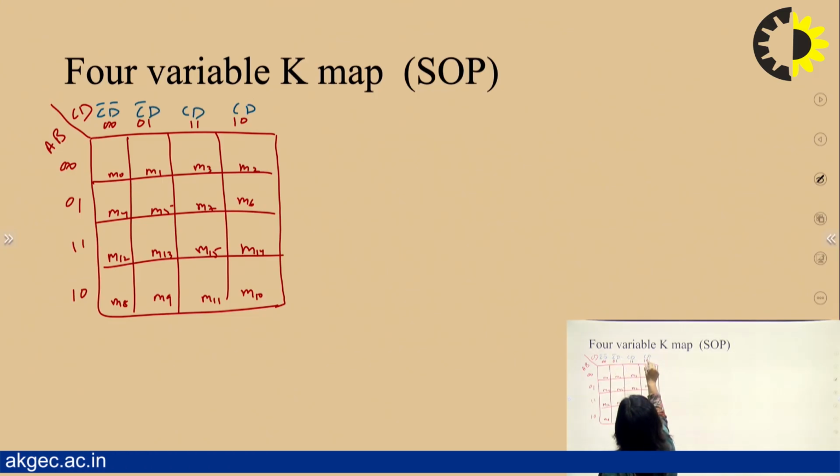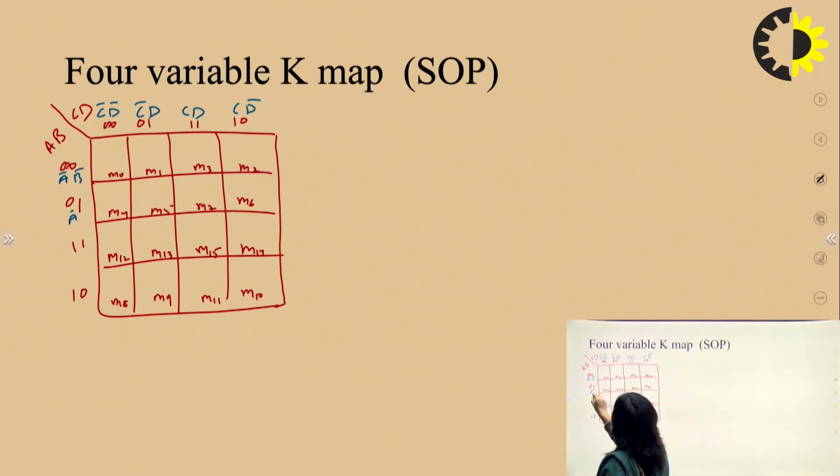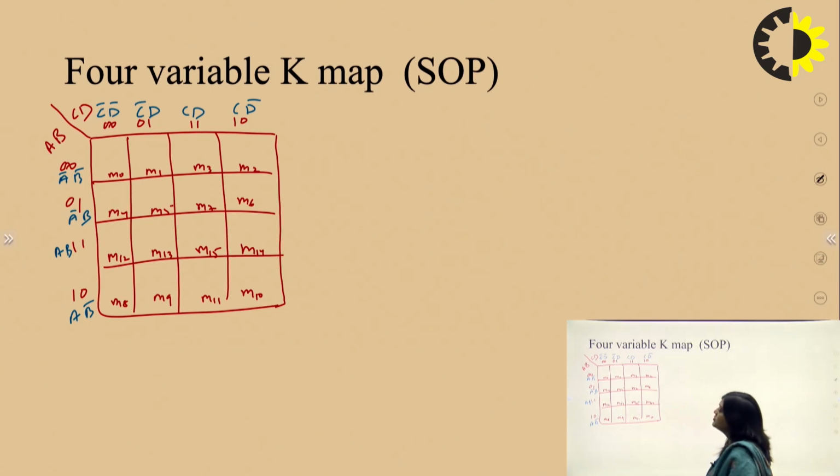This is C, D bar. This is A bar, B bar. This is A bar, B. This is A, B. And this is A, B bar. Now we have to put the values of ones here. And